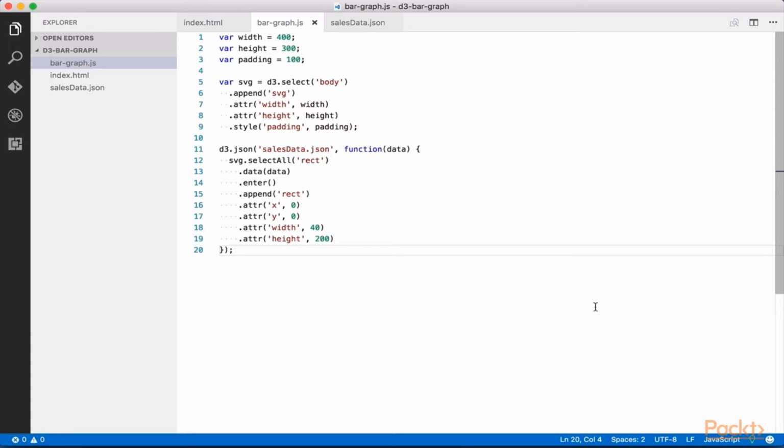To do so, we begin by writing svg.selectAll("rect").data().enter().append("rect"). This should look familiar. We are selecting all rect elements within our SVG canvas, of which there are none at first. We're setting the data to the data returned by our callback from d3.json salesdata.json. Then we use .enter().append("rect") to append a rect element for each object within our data array, each day of the week in our